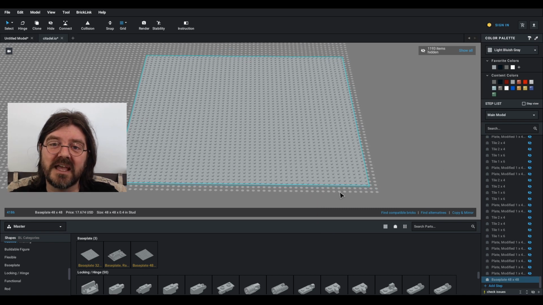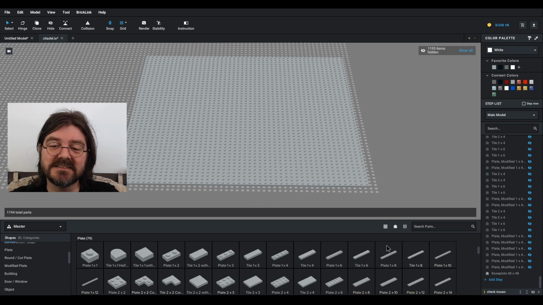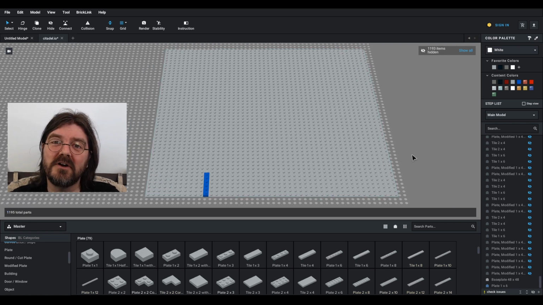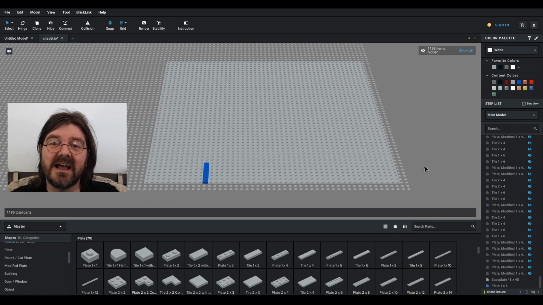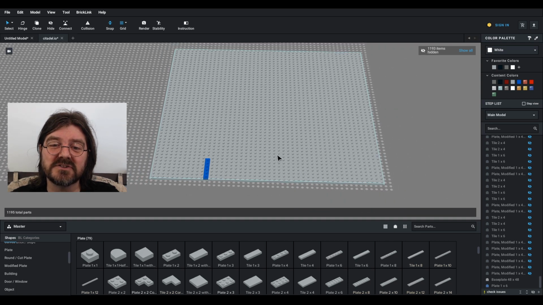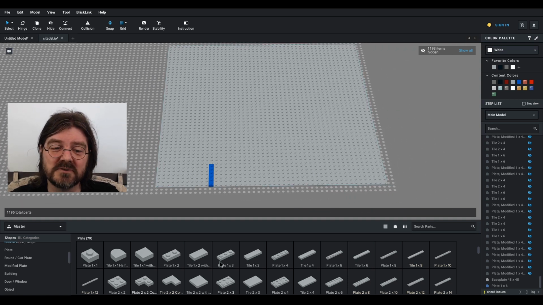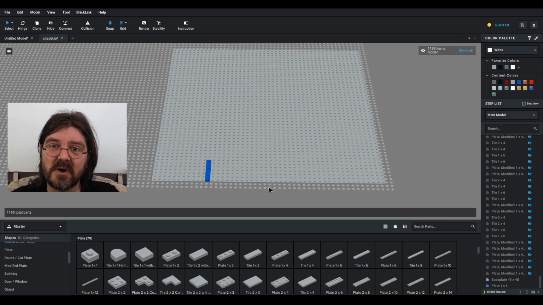To do that, take a plate and move it on to your base plate, and just like a graph, figure out where your XY direction is going to be and where you want the target placed, and you can place the plate right beside where the submodel is going to be going. I would also suggest making the reference plate a nice bright color and highly contrasted against whatever surface you're going to be putting your submodel on so it's easy to spot.